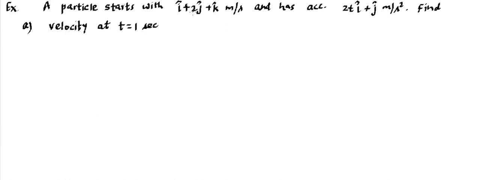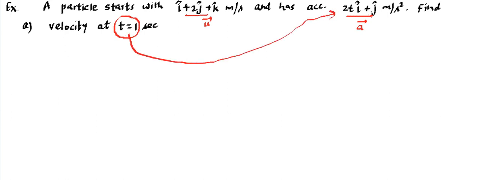So what the idea is going to be: this is the initial velocity, u is given to us. This is acceleration, that is, a is given to us. We need to find v. What we should not do is place the t directly here and make this some constant and then use v is equal to u plus at. That will become entirely wrong. So what is going to be the right step?